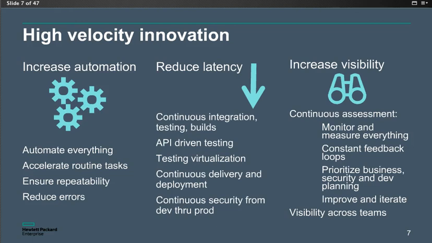And the same we can tell about reduce latency. It's more typical to talk about continuous integration, testing, continuous building of a new application, continuous delivery and deployment. These terms are really common, as same as increase the visibility. Visibility is something that maybe fits more to agile style of development, where we introduce the capability of these